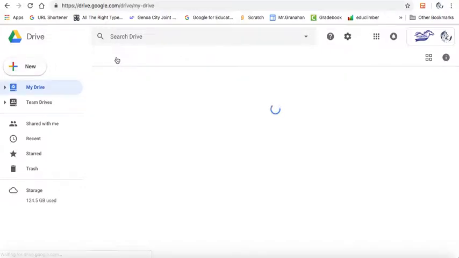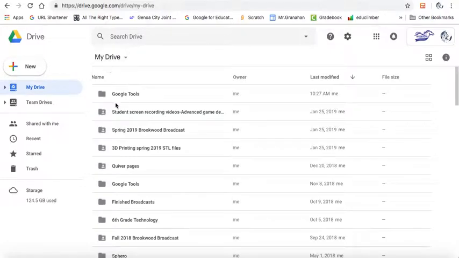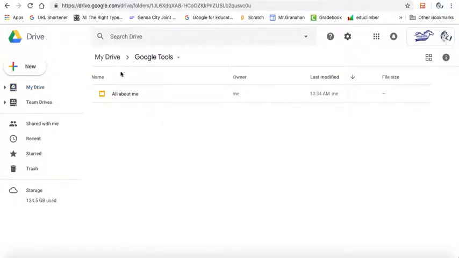Right, Google Form time. So we're going to go into your Google Drive first. We're going to find your Google Tools folder you created in the very first step. We're going to go into there. Here you can see I already have my presentation of All About Me, my Google Slides presentation. We are now going to create a survey that we'll be able to embed into your website you're going to